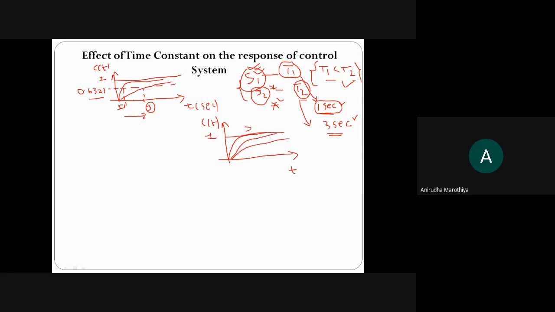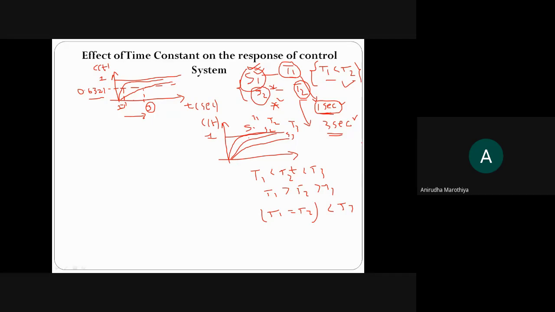Let us consider that कि फर्स्ट रिस्पॉन्स s1 का है, सेकंड रिस्पॉन्स s2 का है, और थर्ड रिस्पॉन्स वो s3 का है. And let us consider that the time constant of first is t1 and time constant of second is t2 and time constant of third is t3. So question ऐसा आता है कि out of the time constant which of the following relationship is perfect, और आपको कुछ रिलेशन दिया जाएगा कि t1 is less than t2 which is less than t3, this will be your first option, या फिर रहेगा t1 is greater than t2 which is again greater than t3, या फिर रहेगा कि t1 and t2 are nothing but same but this entire combination is less than t3, or like that. So ultimately final answer क्या correct रहेगा आपका?